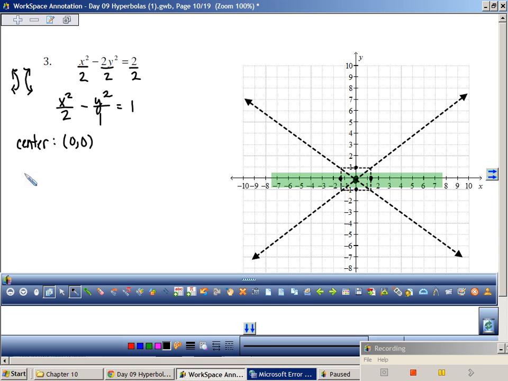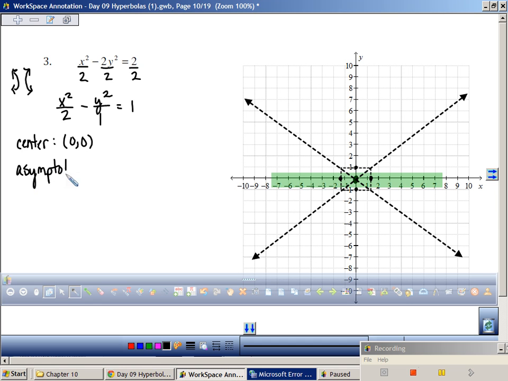What's the equation of my asymptotes? Remember, you've got the funky old y minus something over here. What is that going to be? What's my center? y minus what? 0. Do I need to write y minus 0? No, it's just y. It's just y equals plus or minus